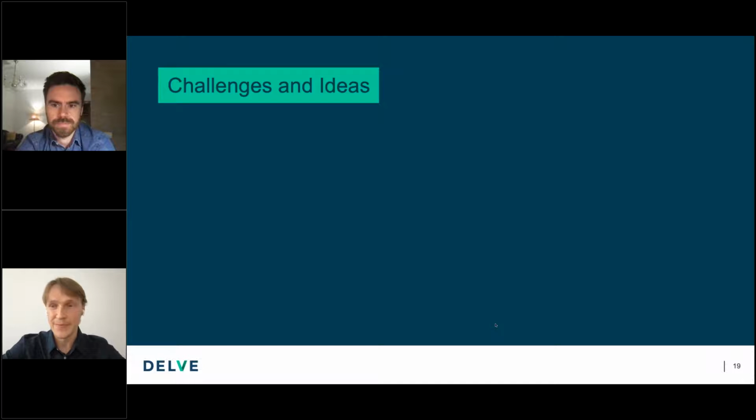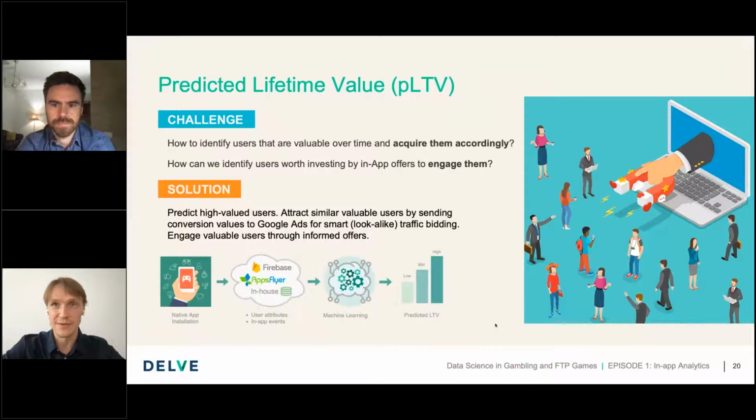So just to recollect our use case, which we will use as an example in this scenario: why do we need a predicted lifetime value? And the most obvious reason from the table which Adam shared previously is to acquire lookalike users. Not all, but users who are projected to bring more value to the app.